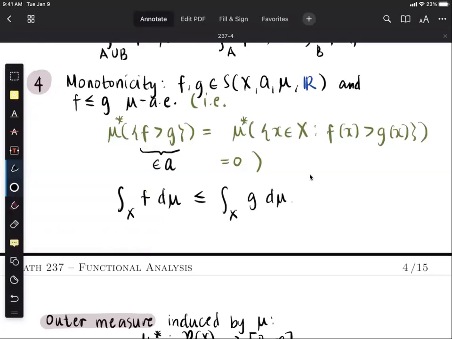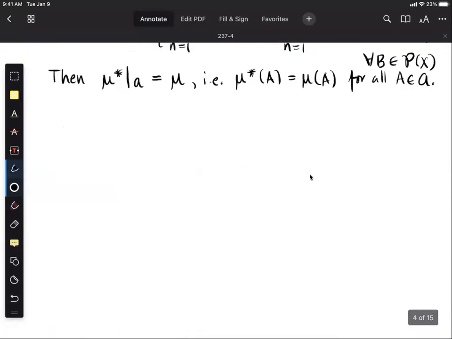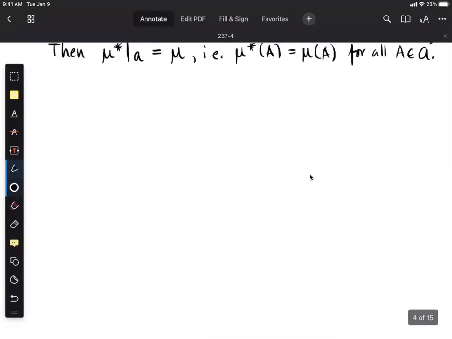Okay, so here we neglected a set having measure 0 because you could see that indeed sets having measure 0 will not contribute to the integral. And from this monotonicity, it follows immediately that